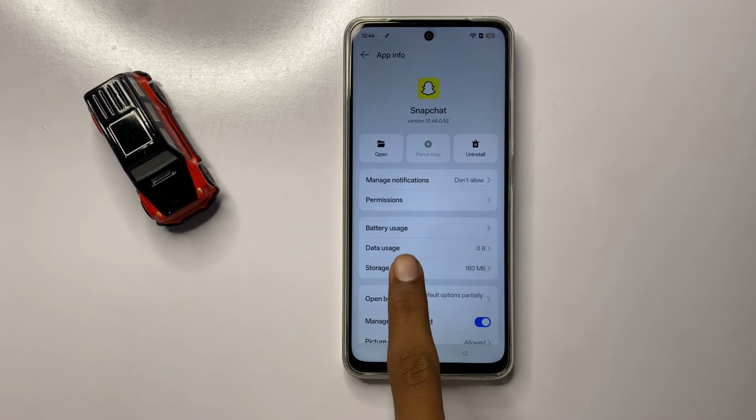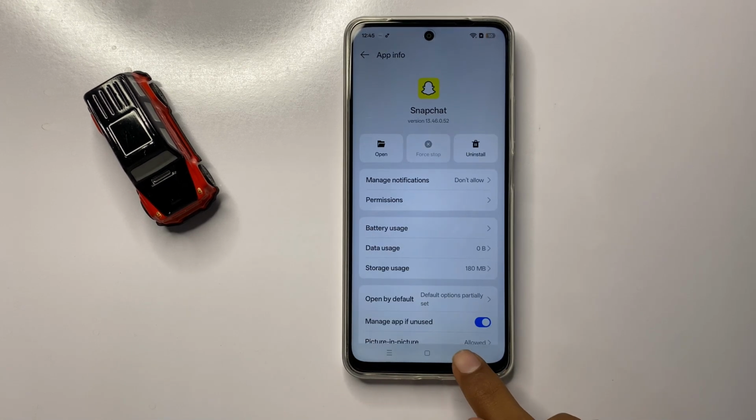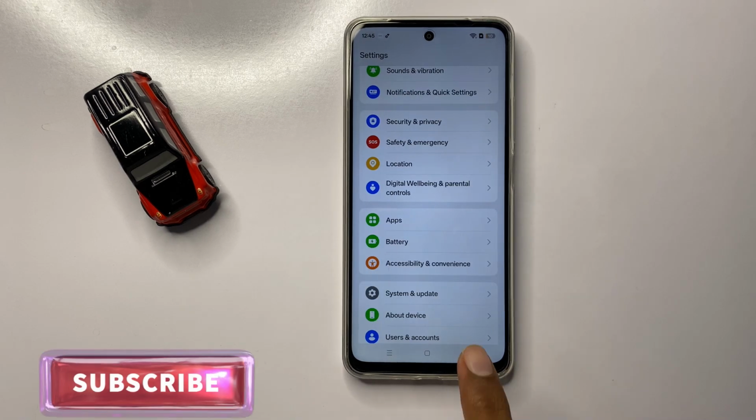Now click on storage usage. Now here you can clear the cache memory of Snapchat. After clearing the cache memory of Snapchat, then go back to the main page of your settings and click on